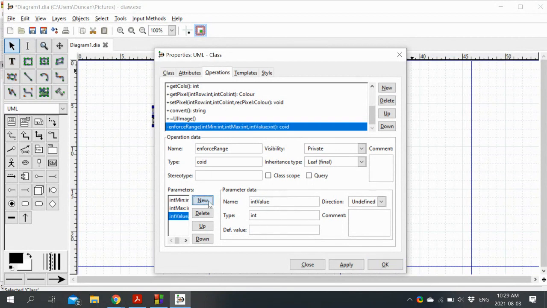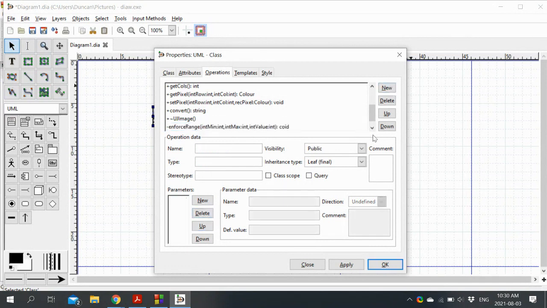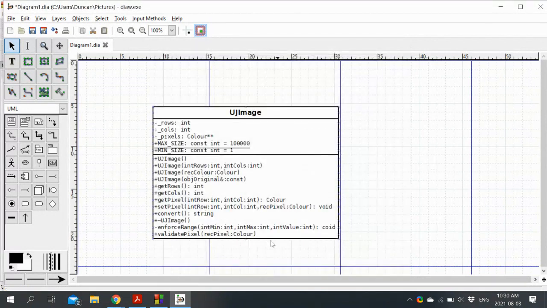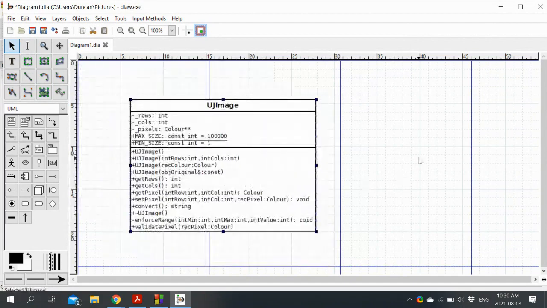Then we also had our validate pixel, which took in a pixel of type color. So for our single case, a single class, this is our UJ image.